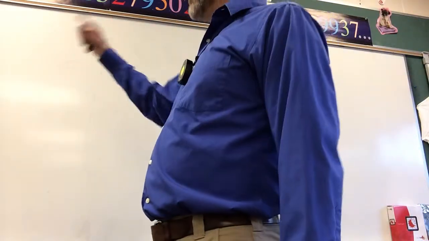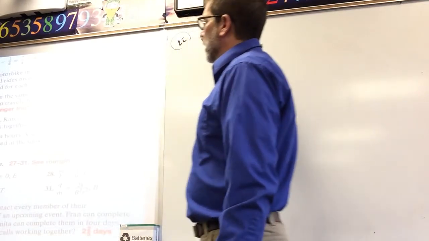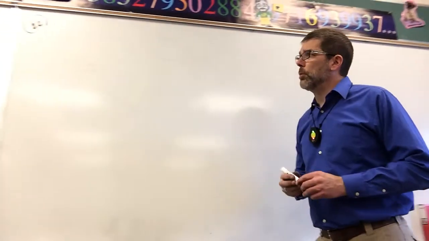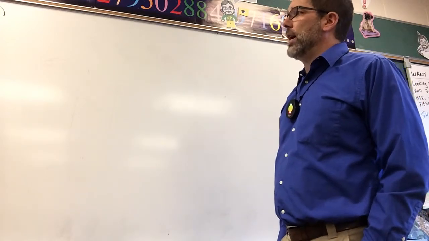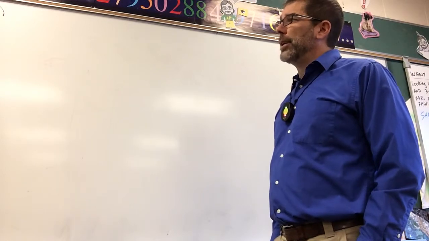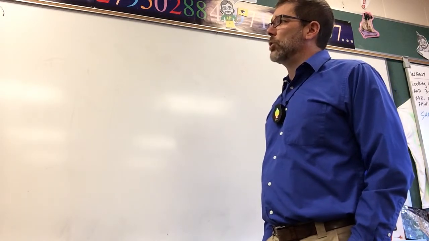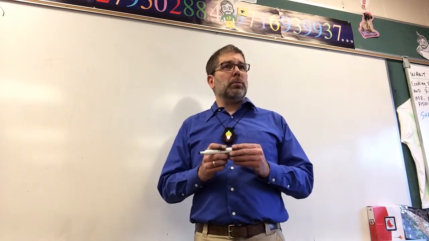So number 22 says Carlos can travel 40 miles on his motorbike in the same time it takes Paul to travel 15 miles on his bicycle. If Paul rides his bike 20 miles per hour slower than Carlos rides his motorbike, find the speed for each bike. Okay. Now, this should sound confusing until you start working through it, but all of these problems use the